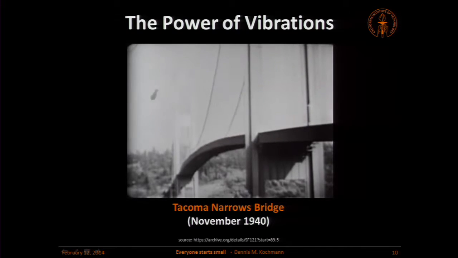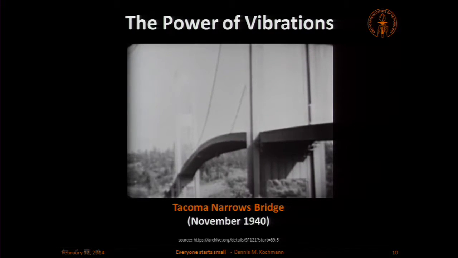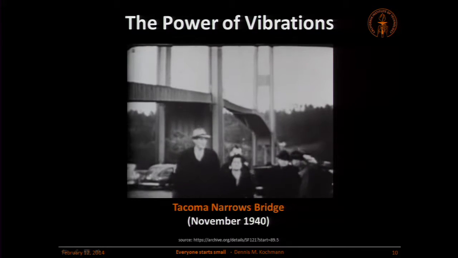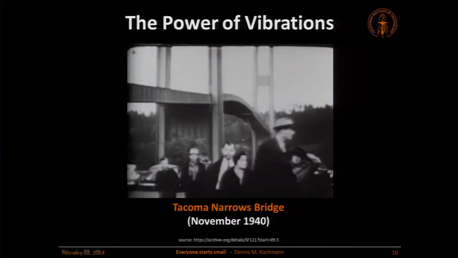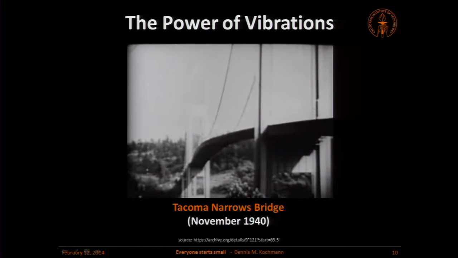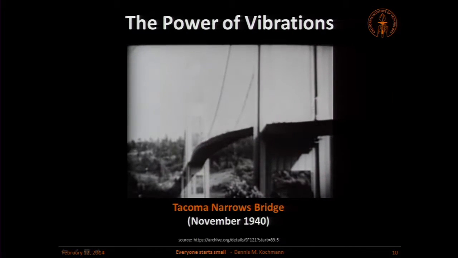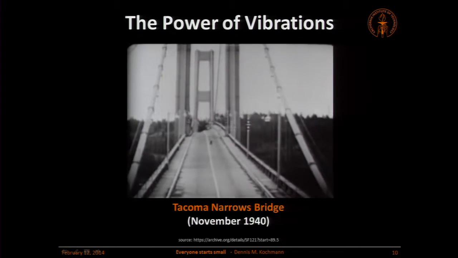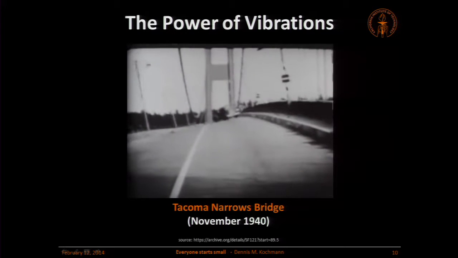The destructive power of mechanical vibrations became very obvious in this example, which I'm sure most of you have seen before, the Tacoma Narrows Bridge, also known as the Galloping Gertie. It was built and basically destroyed the very same year, 1940. And what happened is, due to very poor engineering design, strong winds led to what is known as aeroelastic flutter. The bridge started to bend, deform, distort in one of its eigenmodes in resonance. These vibrations became excessive, and eventually they destroyed the bridge.